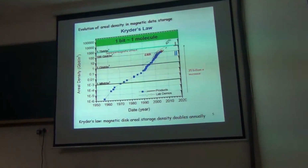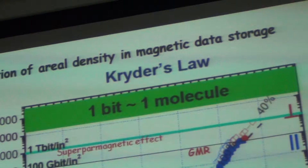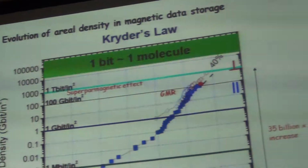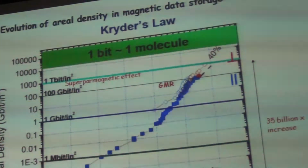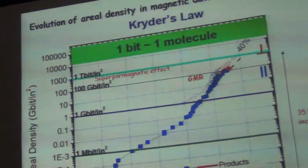What does Kryder's law say? Kryder's law is what it is commonly called in this area. The magnetic disk areal storage has to double every year. That means whatever I am storing today, within the same space I should be able to store double that by next year. The technology has to improve to do that. So what's happening, you can see from